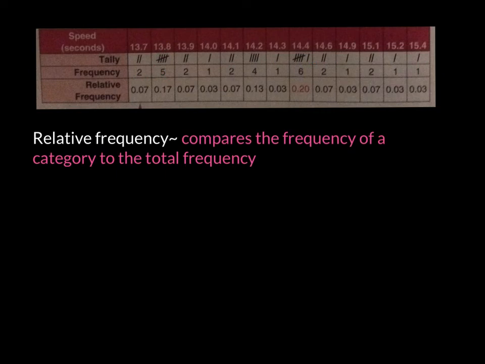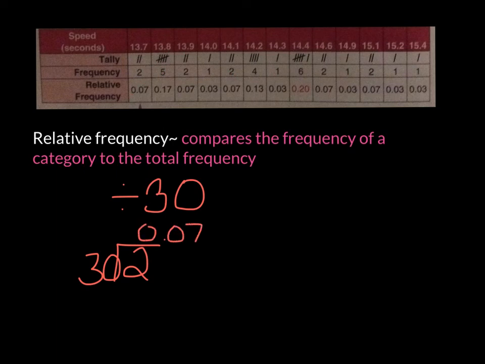In this last one, we have the relative frequency. So here they have this 0.07. That is when you divide this frequency, 2, by the total number of scores. So when you add up all of these here, you get 30. So for this example, you would be dividing each of them by 30. So for the first one, we'd say 2 divided by 30, and that's how they got the 0.07. On the second one, they divided 5 by 30, and that's how they got the